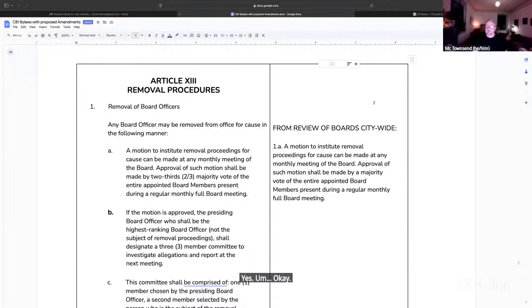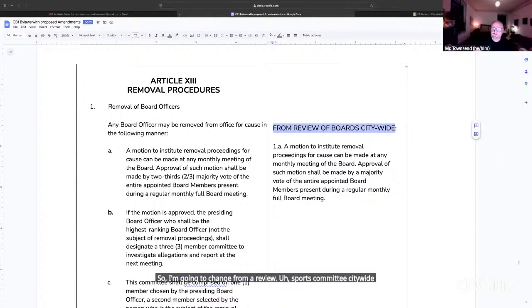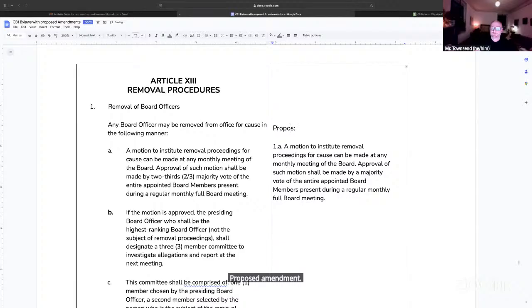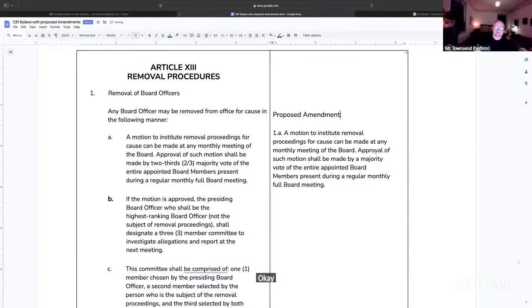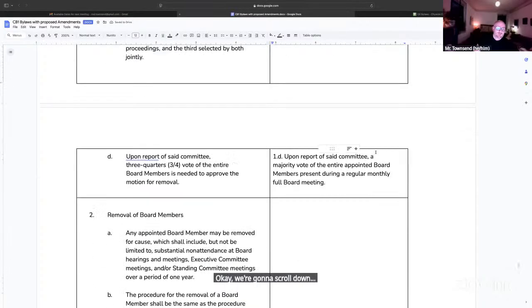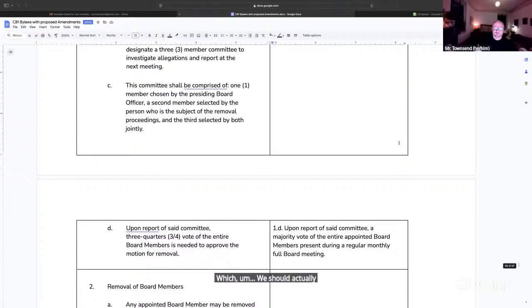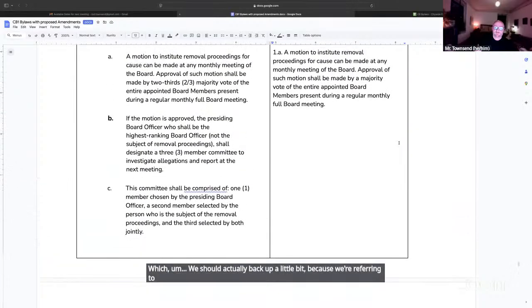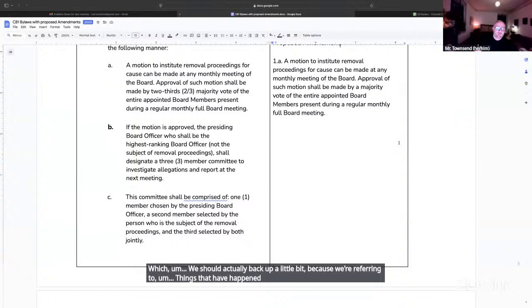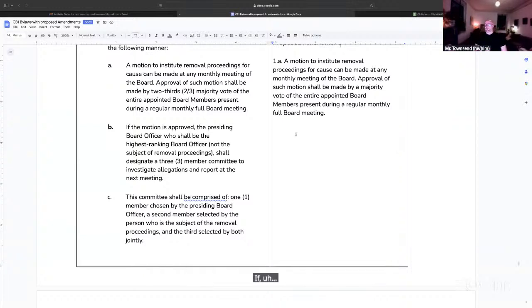Okay, I see general agreement, so I'm going to change from a review of boards committee citywide to proposed amendment. Okay, we're going to scroll down. The next change is letter D, which we should actually back up a little bit because we're referring to things that have happened previously. Once this motion is approved,